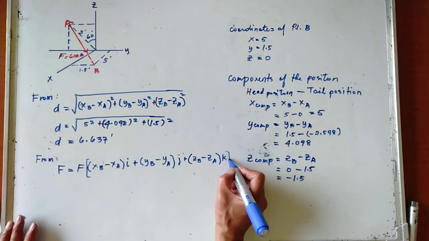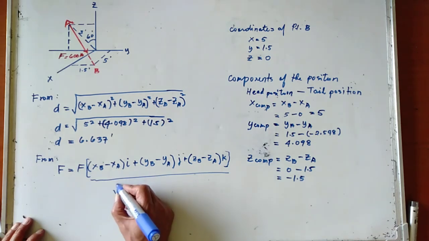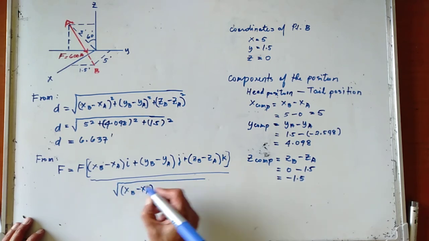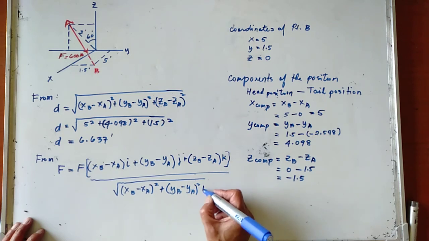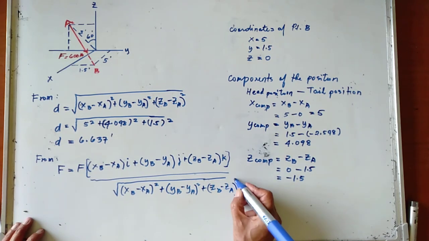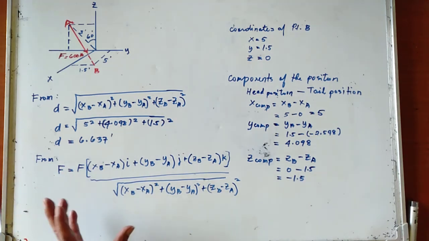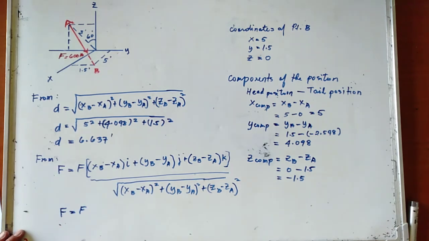Now, let us try to divide this one by d, and your d in there is now equal to the square root of XB minus XA squared, plus YB minus YA squared, plus ZB minus ZA squared. Let's simplify this so that we will not always be writing in this manner. So the vector F is now equal to the magnitude of that vector, multiplied by